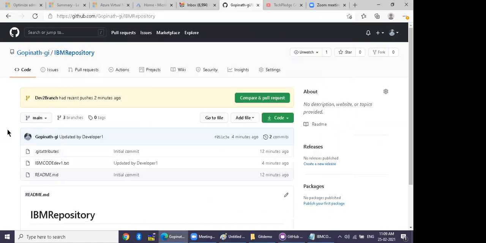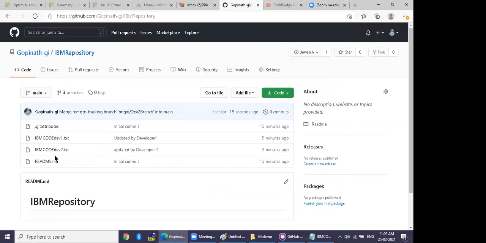Go ahead and refresh the changes. Clear? So it means that using GitHub, this is how people will do their whole team management, right?